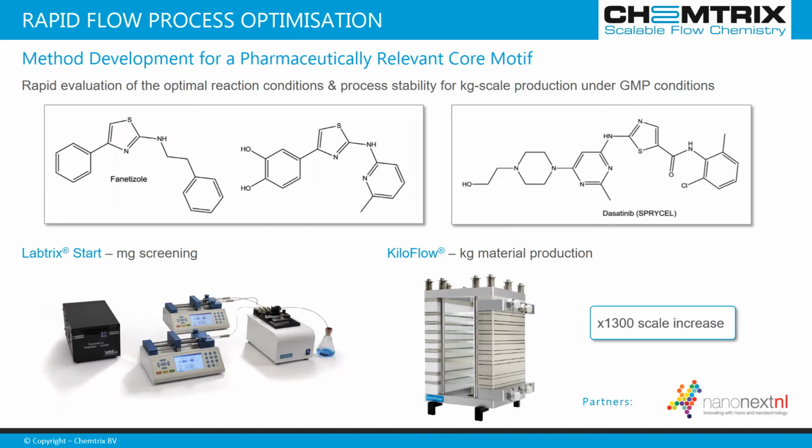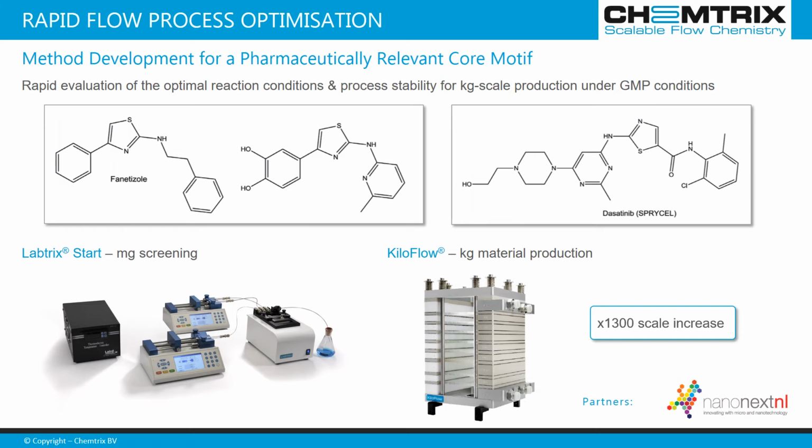Once you've done your detailed interrogation of your process at the milligram stage, you're obviously going to want to increase the amount of material that you can produce. So a flow reactor produces more material by running it for longer or by increasing the volume of the reactor. And what you can see in this example is we looked at the aminothiazole core motif that's often found in pharmaceutically relevant materials, and we looked at the development of a process at lab scale, scaling through into kilogram material